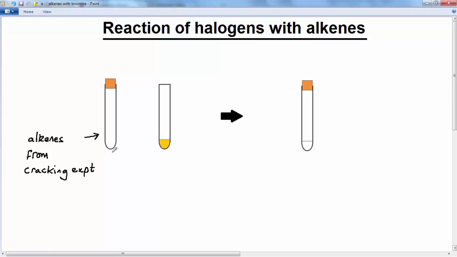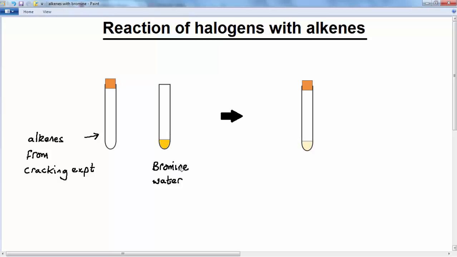Okay, but let's suppose that we've got alkenes here, and we're going to react these alkenes with some bromine which has been dissolved in water. So we've got bromine water, which has this characteristic orangey brown colour. So we'll remove the top from the test tube, we'll add the bromine water, replace the top and gently shake it around a bit, and we'll see that this orangey brown colour decolorizes or becomes clear depending upon the concentration